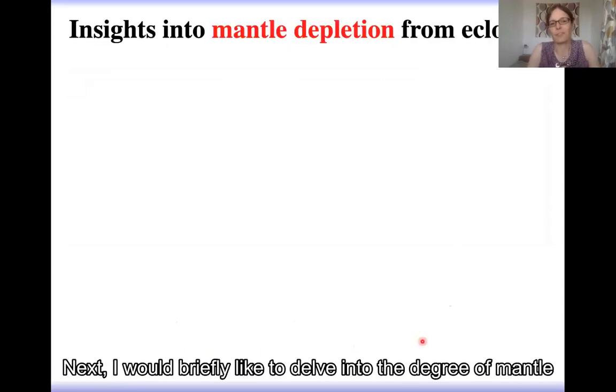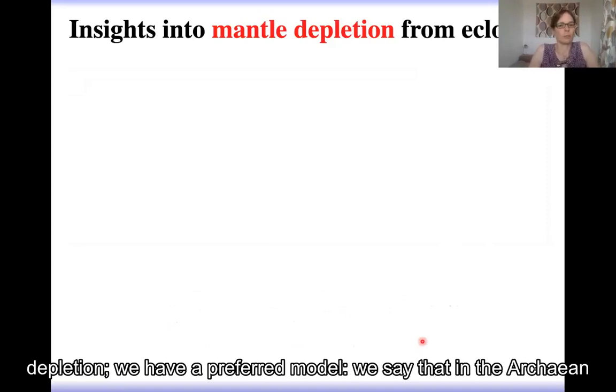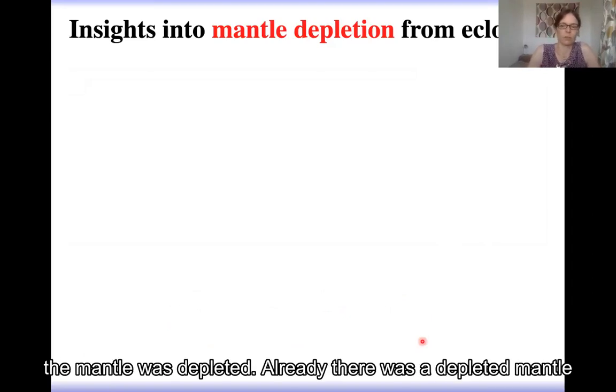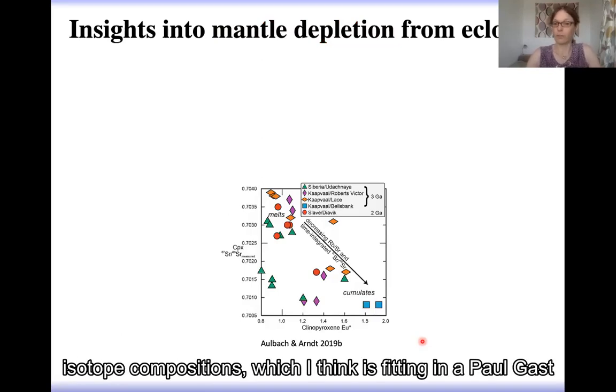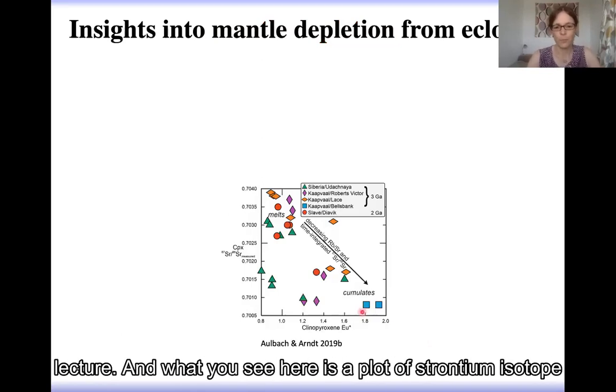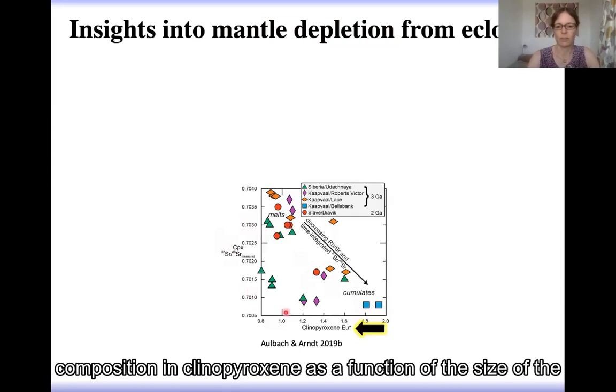Next, I would briefly like to delve into the degree of mantle depletion. We have a preferred model. We say in the Archean, the mantle was depleted. Already there was a depleted mantle reservoir. And doing that allows me to also show some strontium isotope compositions, which I think is fitting in a Paul Gast lecture. And what you see here is a plot of strontium isotope composition in clinopyroxene as a function of